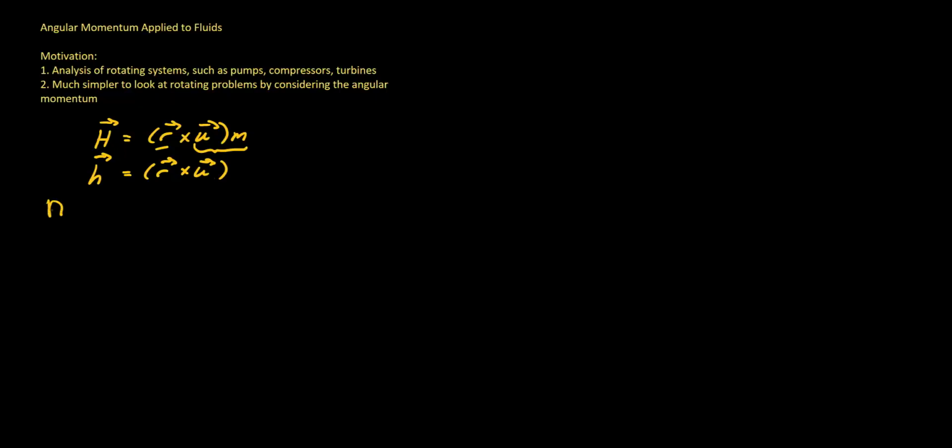If we apply the Reynolds transport theorem, what does that give us? So recall, typically we look at an uppercase and lowercase b, and we apply it to the Reynolds transport theorem. So essentially what we're looking at here is the material derivative of the angular momentum for the system